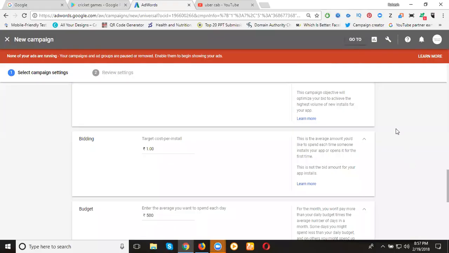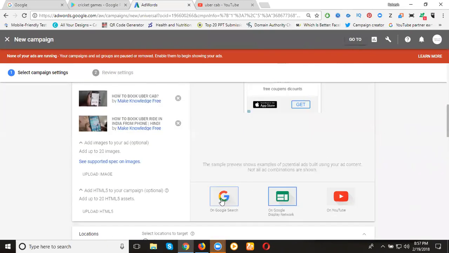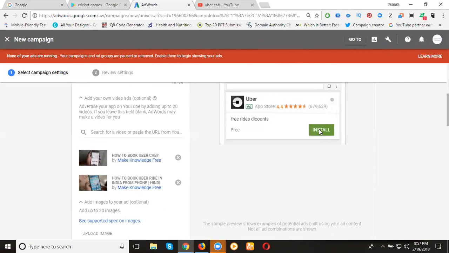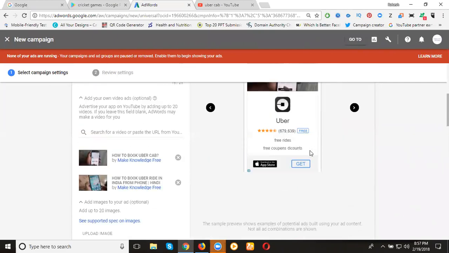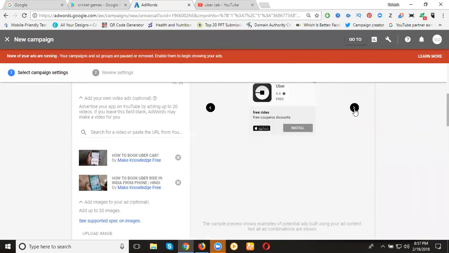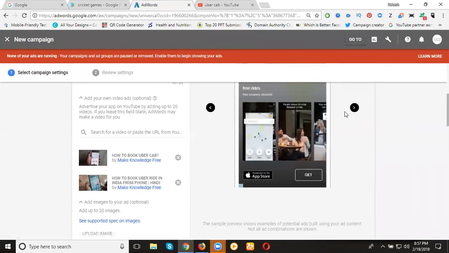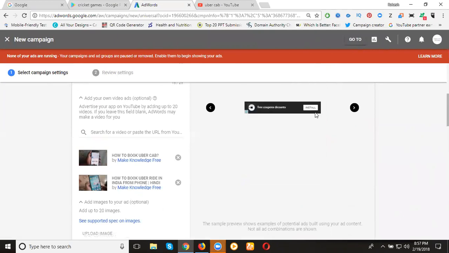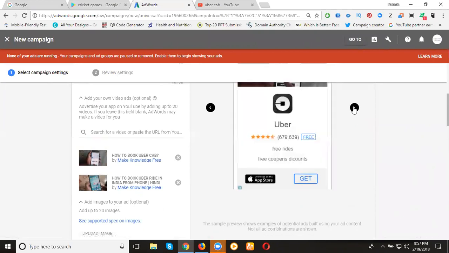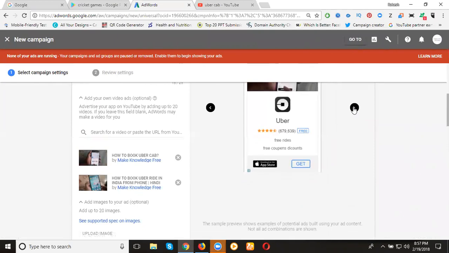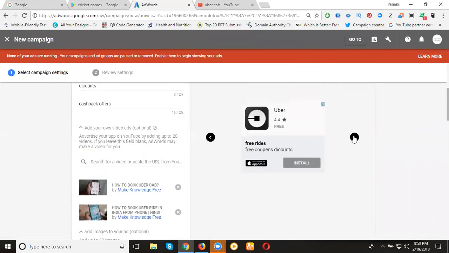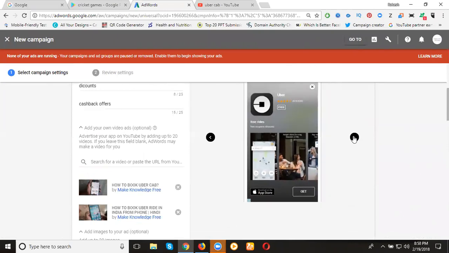This campaign is totally for installs through the App Store, where we can pick the ad in Google AdWords. Purpose: install. Why? See here, when you go to Google, the option is called install. Go to the Display Network. What is that? Get, nothing but install. Install, nothing but install. And the last one is install. The banner widths and heights will be different. Clear? This will be shown maybe in an app, in between levels, in gaming levels anyway.